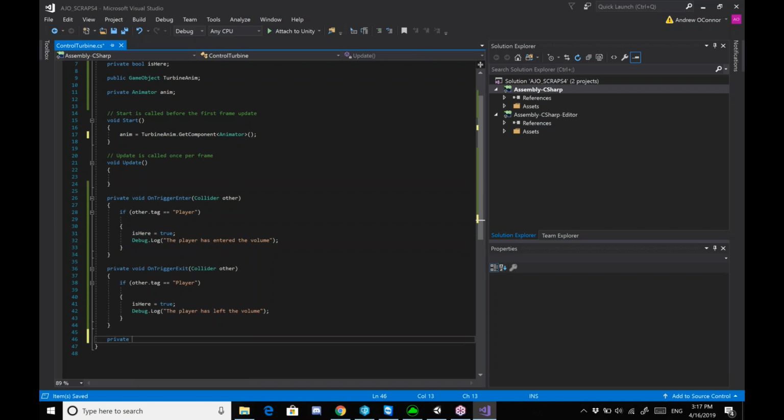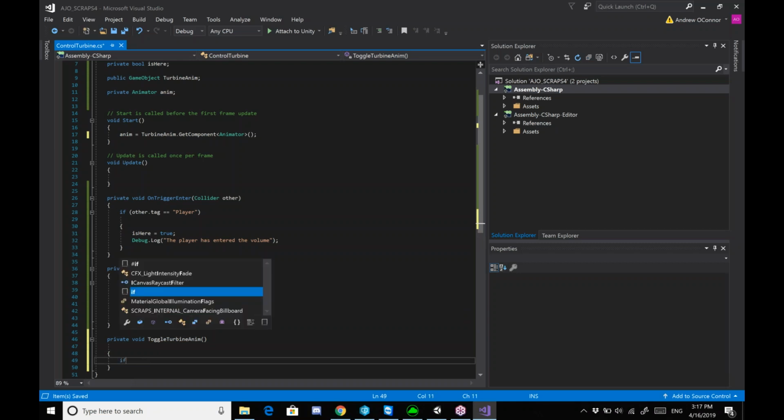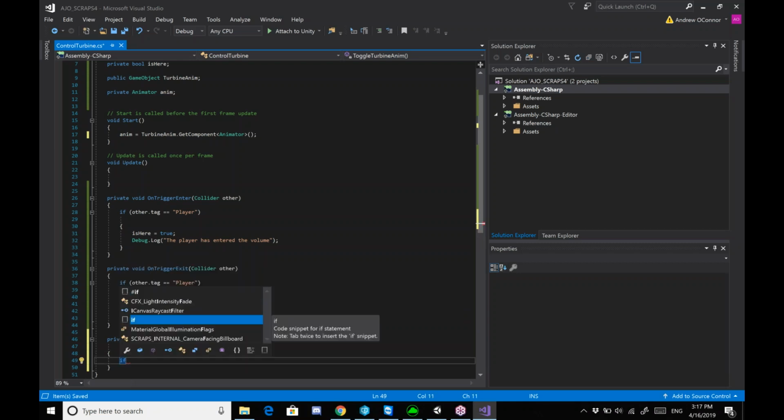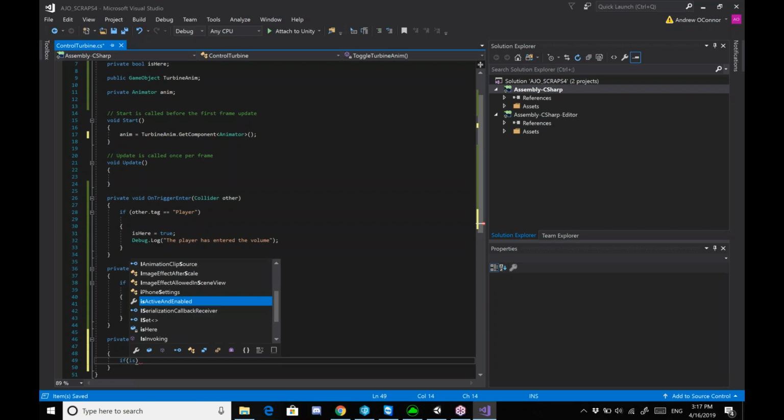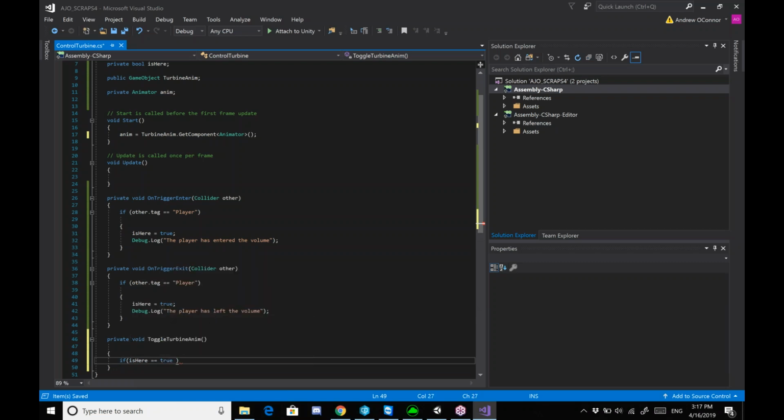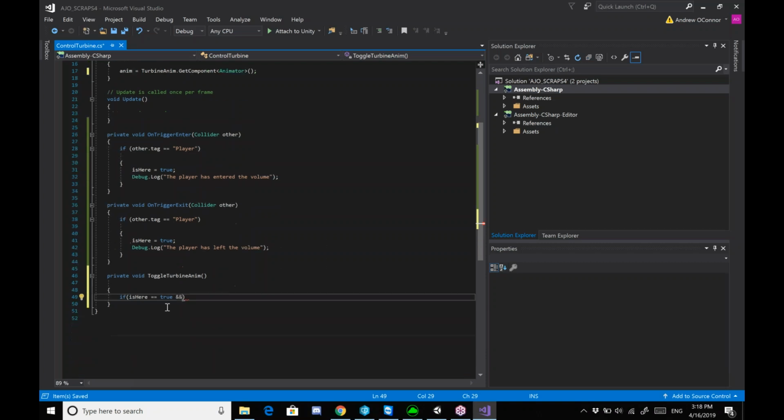We're going to create a new function, so private void, and I'm going to call this toggle turbine anim, because that's just going to toggle the animation. Alright, so now inside of this function, we're going to say our if statement, right? First we're going to check for if the player's in the volume. Well, we know the player's in the volume when is here equals true. So if is here equals true, now we can use the double ampersand, so shift 7, we use that ampersand to say and, right? So if the player's in the volume and they press the E key, that's